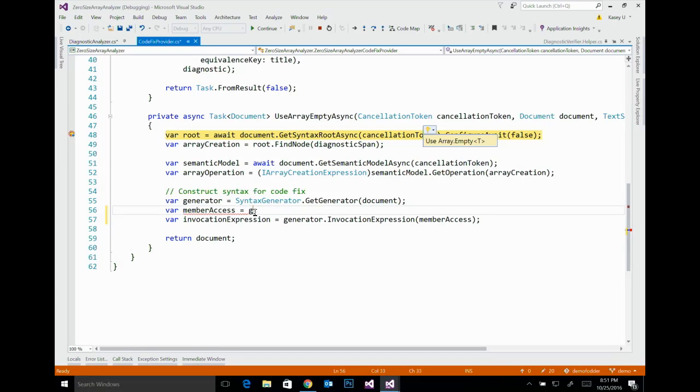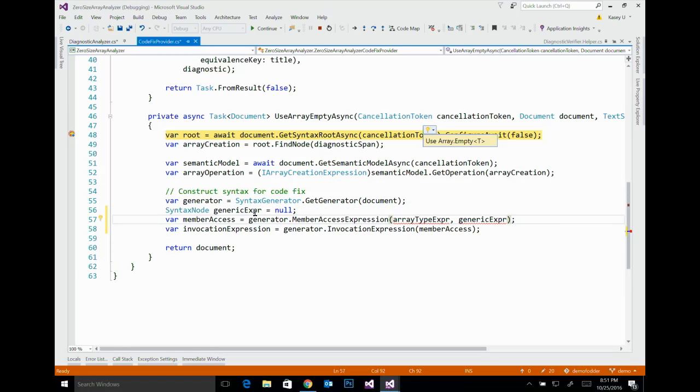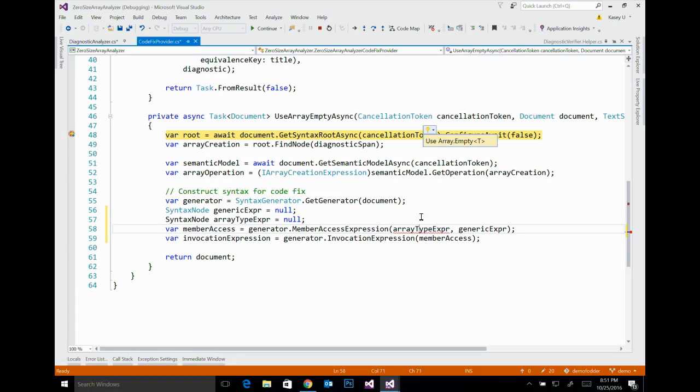And so a member access expression. Now we're going to do generator.MemberAccessExpression. That's going to take our array type expression and our generic expression. Again, we're going to use Control-Dot to help me auto-generate these, just generating locals for them. And then from here, we're going to do